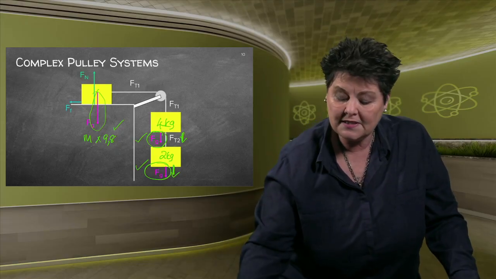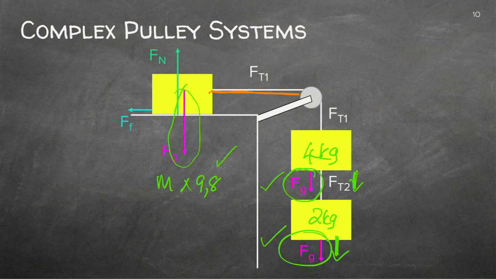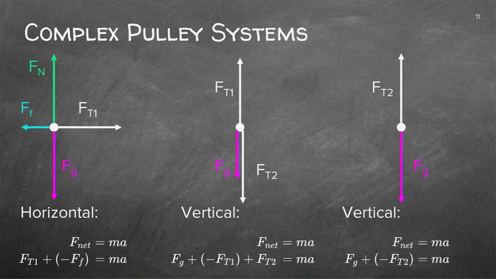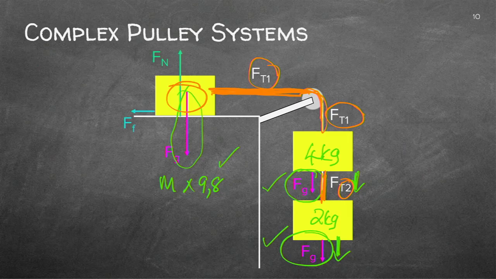Now, in this system, we've got cables pulling. I often find people thinking that this cable has a different strength to that one. The tension will be exactly the same in any part of any cable or string. So I've got T1 there and I've got T2 here. And remember what I did in the previous example. Go and draw your separate free body for every mass. So this one will be this mass there.